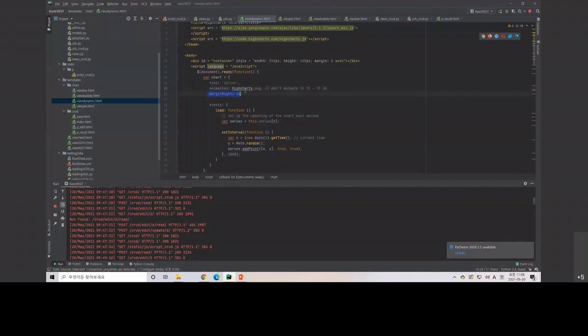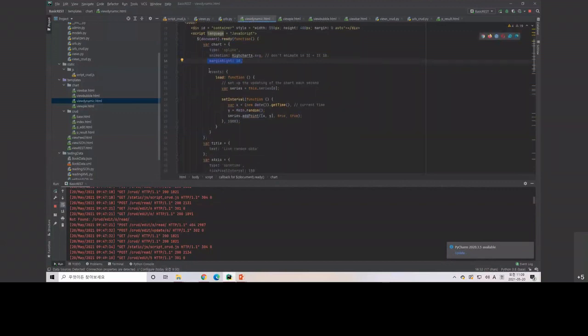And then the margin, yeah, just show about the left and right. How big is the size? One. And then event. So we have this event to determine what we will do when we show the